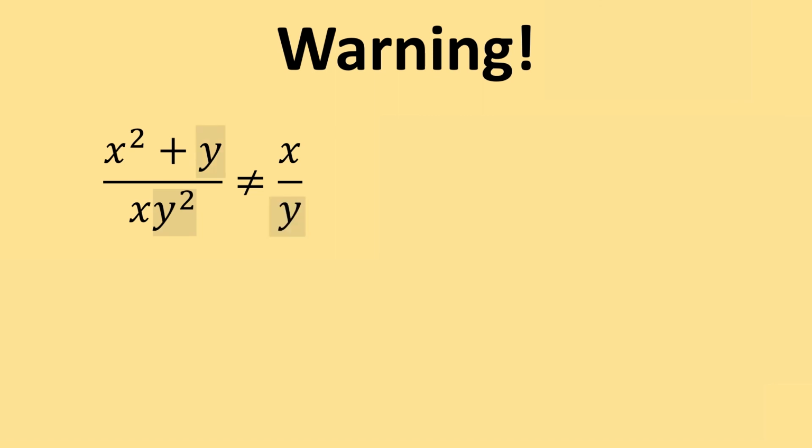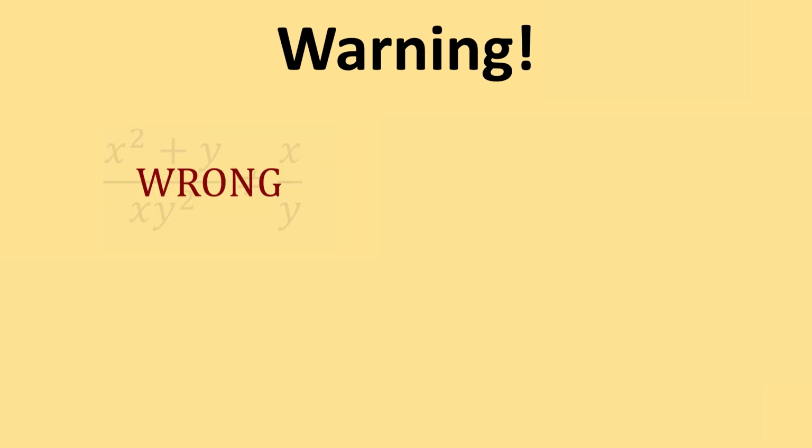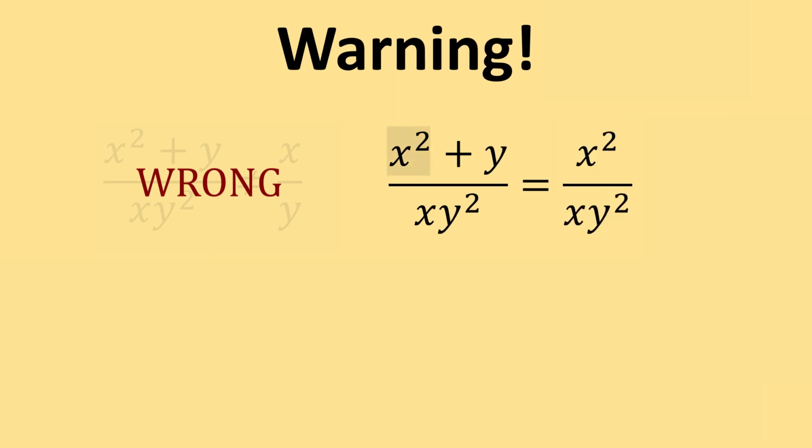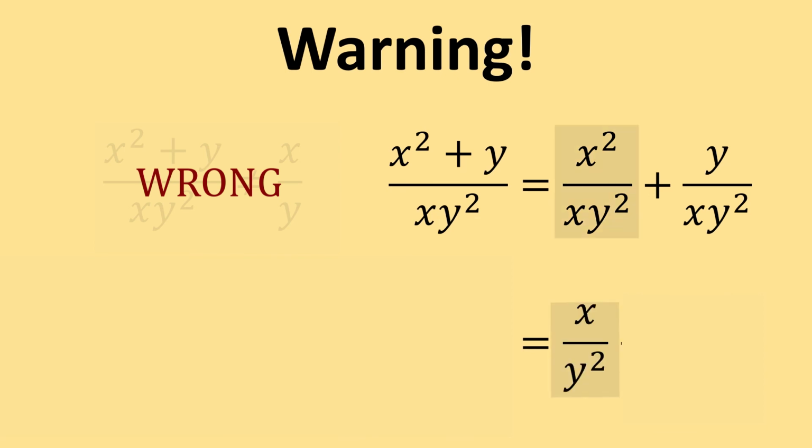But you have to be careful of this operation that's in the numerator. Sometimes, when you have plus or minus in the numerator, you have to break your fraction apart into independent fractions. That is, we take x squared and divide it by x times y to the second, and then we add y over x times y to the second. We split up the two terms and treat them as their own individual fractions, and then within those we can use the rules, and we get x over y squared for our first term, and we get 1 over xy for our second term. So we have this answer here.